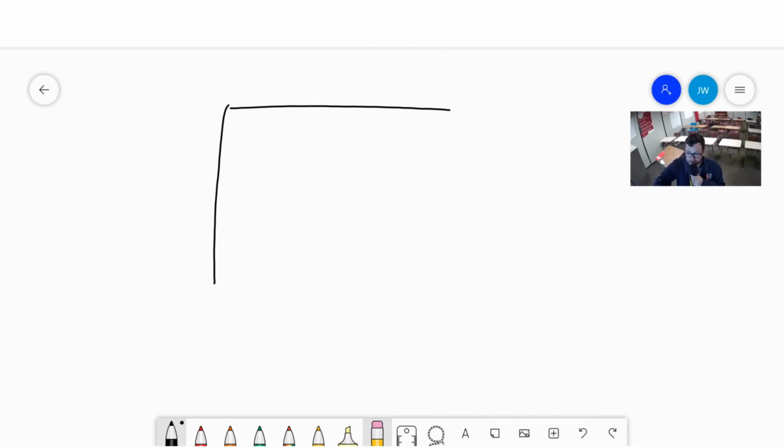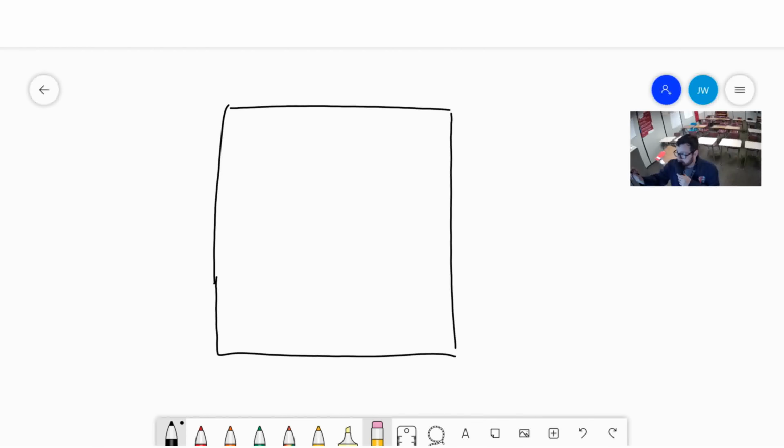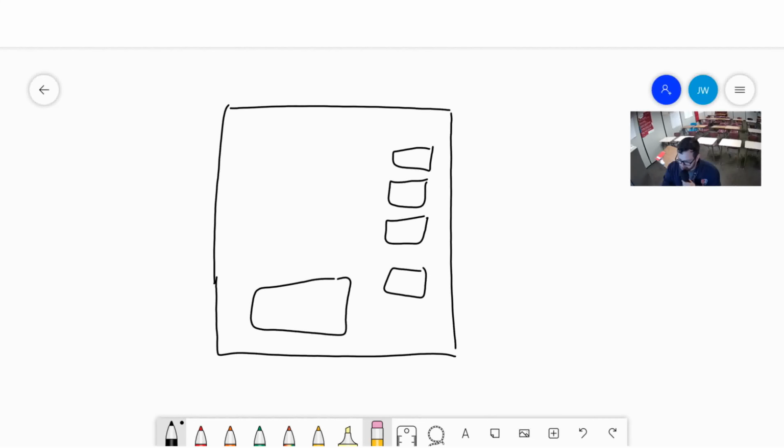So I'm going to start by drawing a little picture and try and guess what this is. At home shouting, square, SpongeBob. Try and guess what I'm drawing before I draw it. Have you guessed what it is yet? It is, of course, a vending machine. I'm going to give some quick vending machine items here. So we have a Sprite, a 7-Up, a Mountain Dew, and of course,